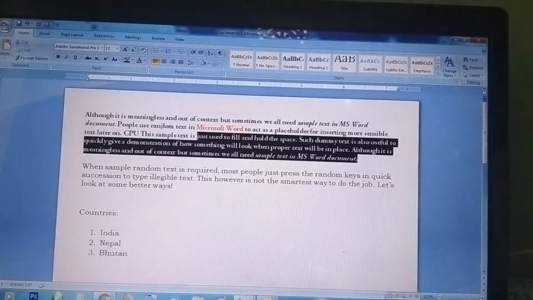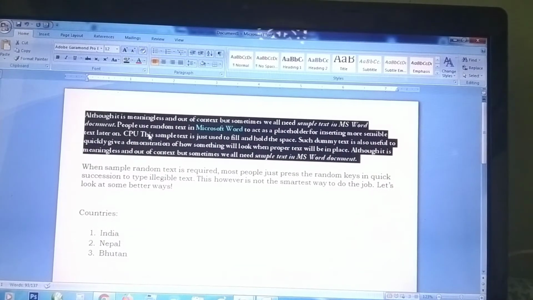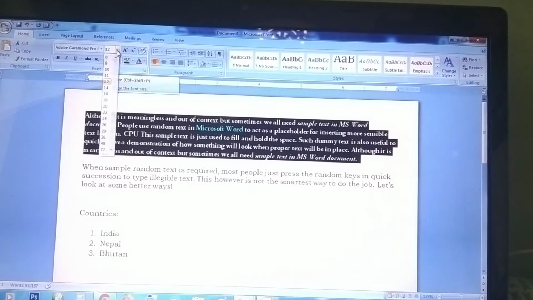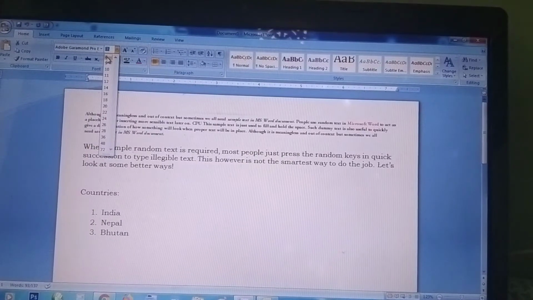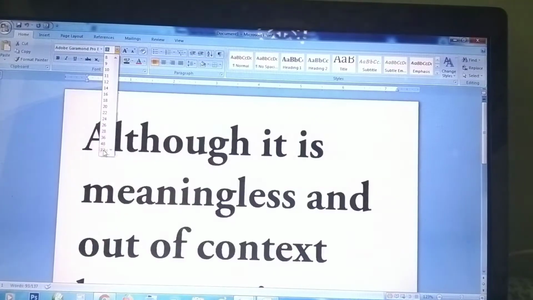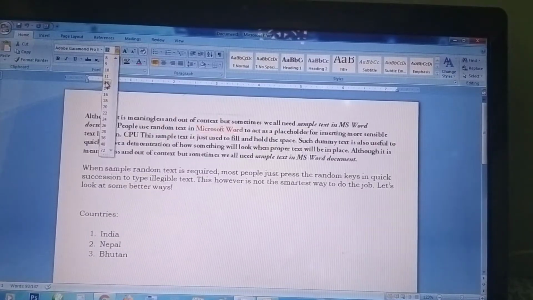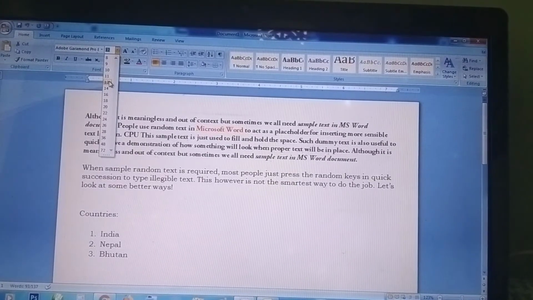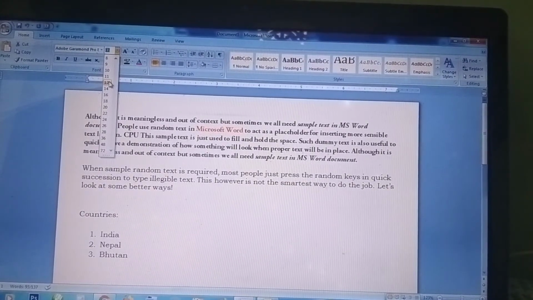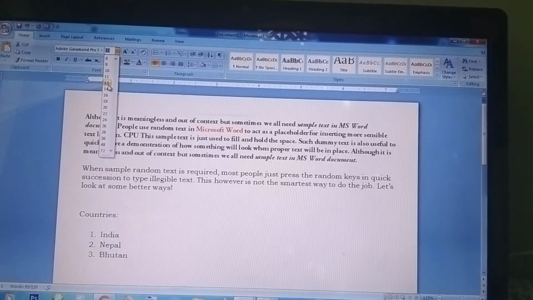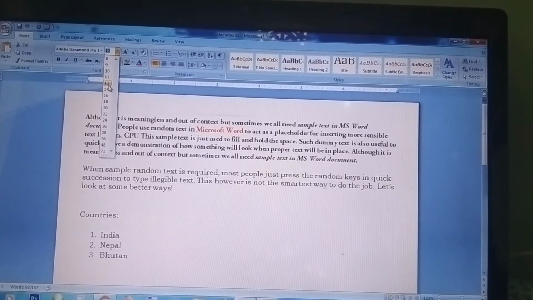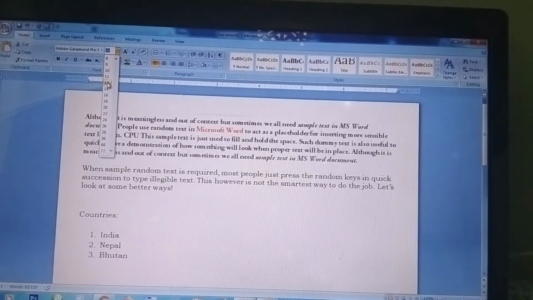Got it? Again, if you want to change the size of the text, you will select it and again go to the Home tab, Font group, and you can see the sizes over here. The minimum is 8, but you can go less than 8 also, and you can extend to whatever size is required for your document. Generally we use 12 or 11 because it looks quite decent and it attracts the audience. That is why I have taken 12.